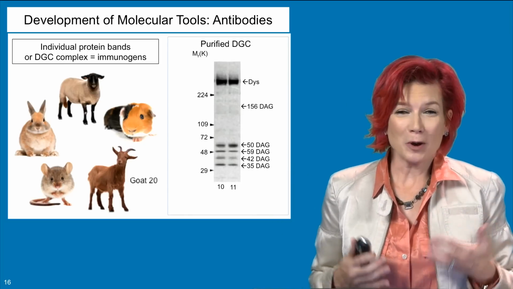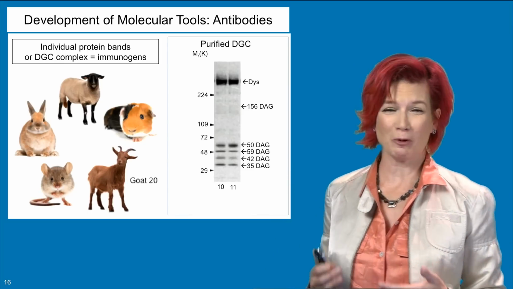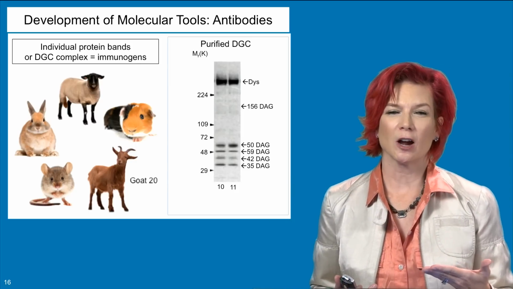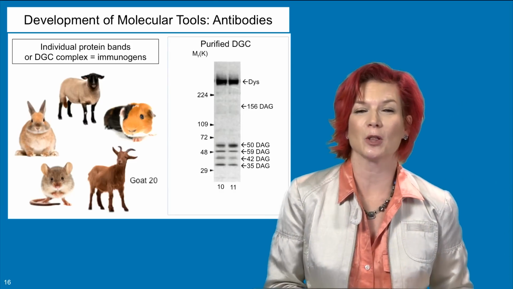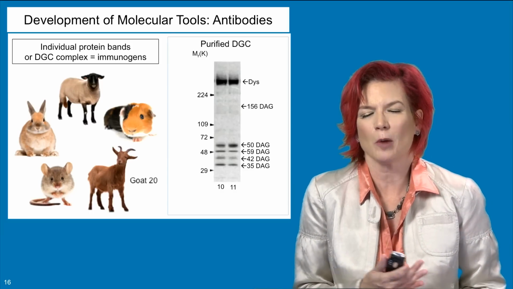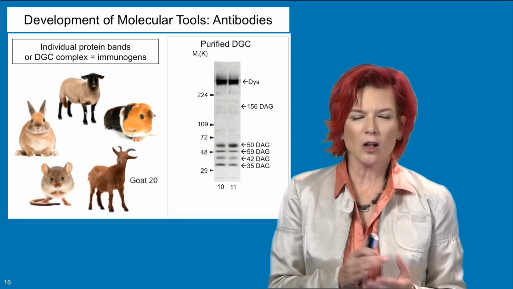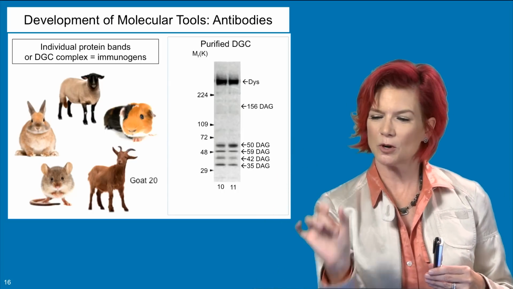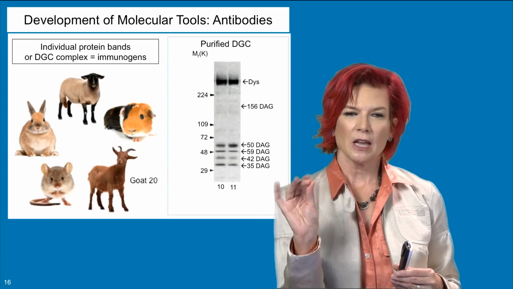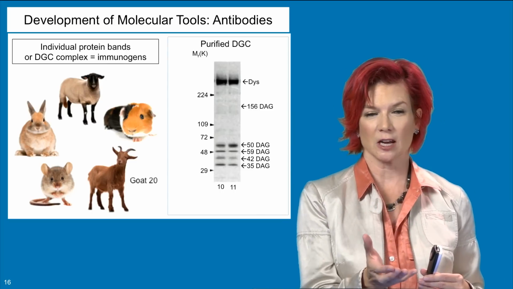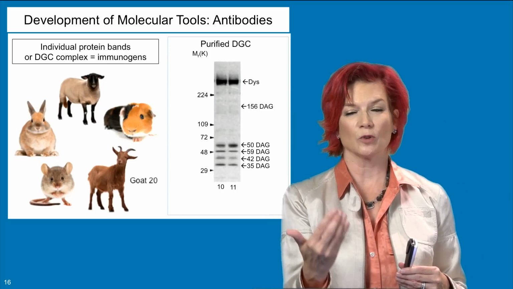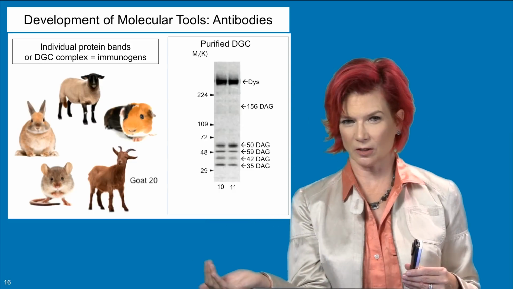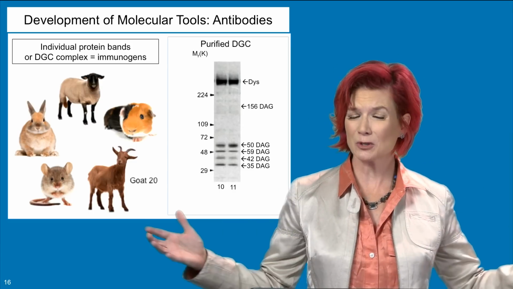And in fact, one goat in particular, his name was Goat 20, produced a wonderful panel of antibodies to all components in the dystrophin-glycoprotein complex, except the smallest component called sarcospan, which turned out to just not be very immunogenic. And he also took the gels of the purified dystrophin-glycoprotein complex, and he cut each of those protein bands out, homogenized them, and injected those into various animals to generate antibodies that he knew would recognize the protein that migrates at 50 kilodaltons or the protein that migrates at 42 kilodaltons, and so forth and so on. So that was really a great